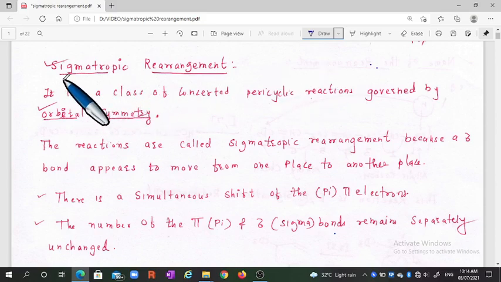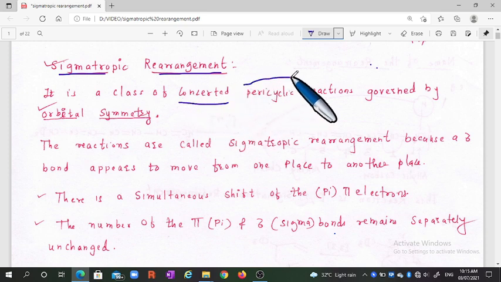Dear students, today we will discuss the sigmatropic rearrangement in detail. Already we have discussed which reaction is called a sigmatropic reaction. Like other reactions, the cycloaddition reaction or the electrocyclic reaction, it is also a concerted reaction. Pericyclic reactions are actually concerted reactions. Therefore, we have grouped this type of reaction into pericyclic reactions because it is also a concerted reaction and